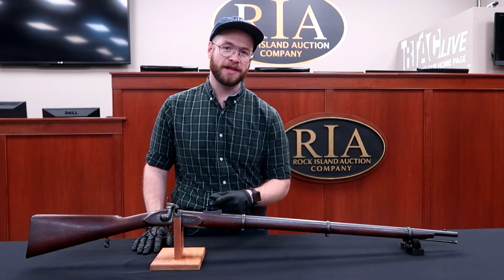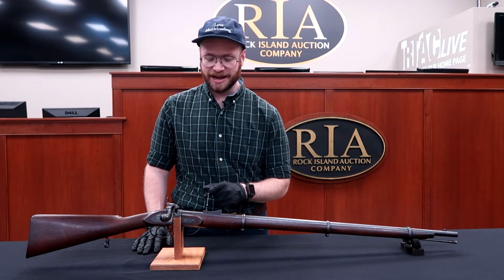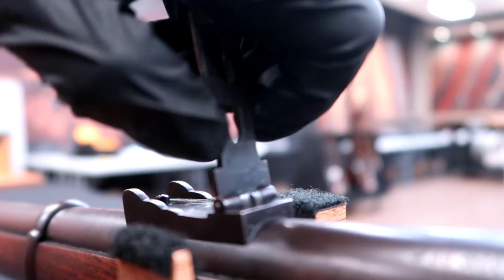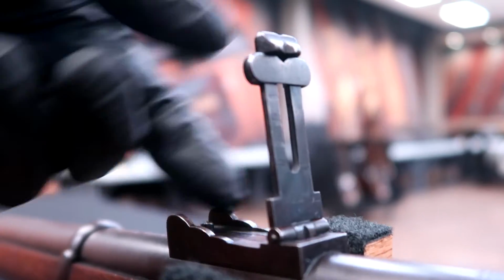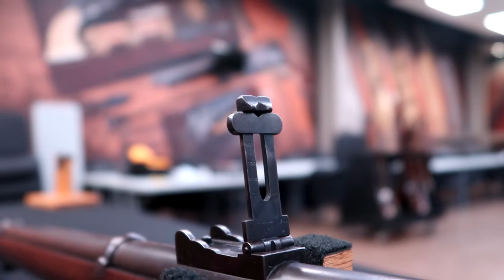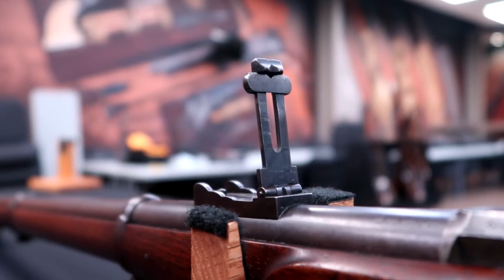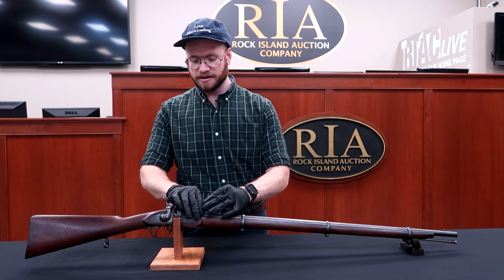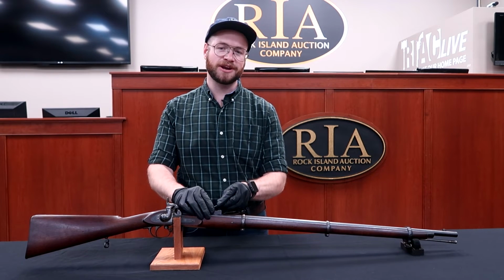So you flip that out, boom, you're right into business out at 500 yards. And the sight goes all the way up to 900 with this ladder rung, and then on top of the ladder sight itself, we have that last groove getting us up over 1,000 yards. Neat little piece of engineering and of history here to show how we started to get out to those